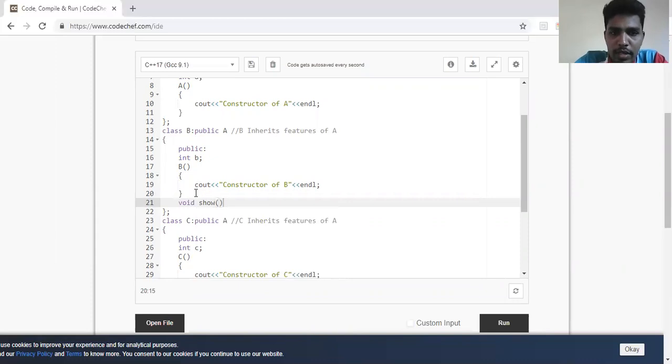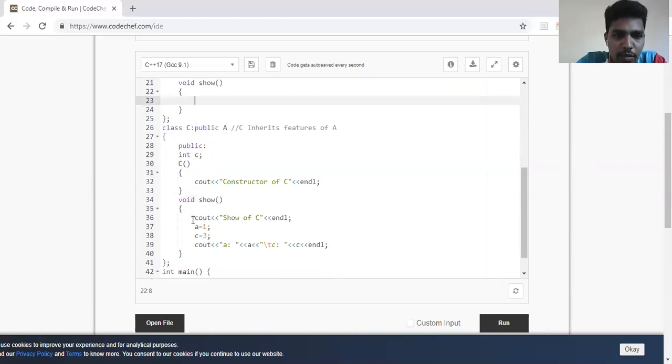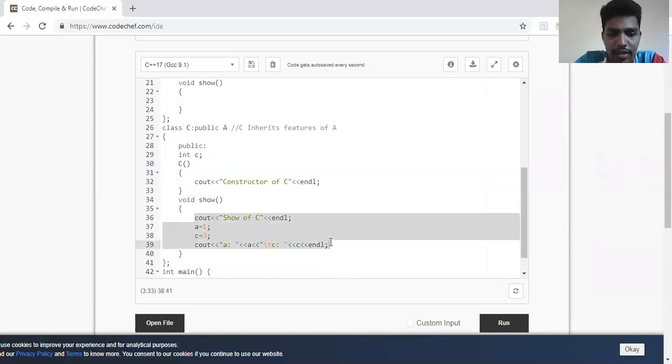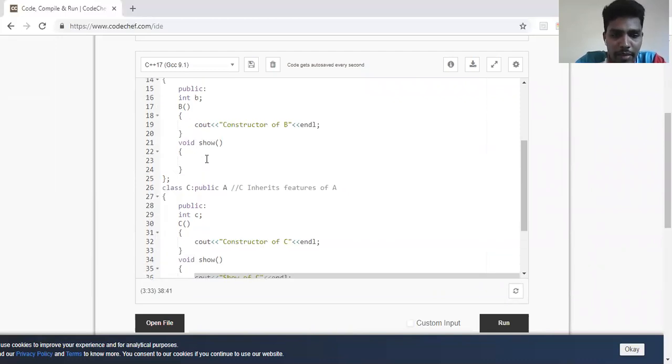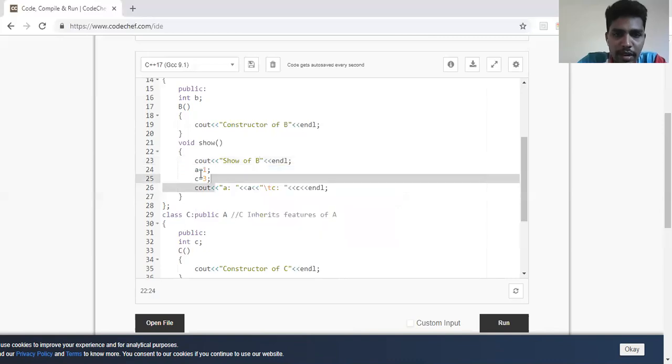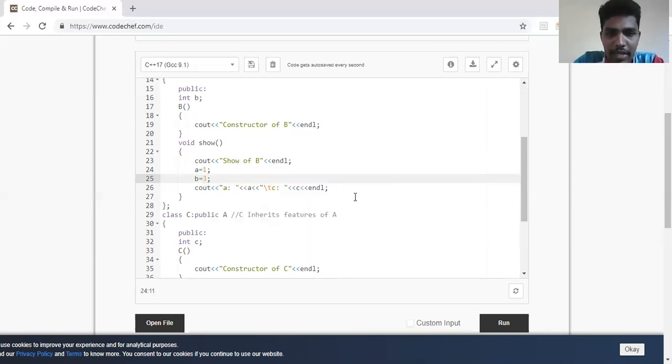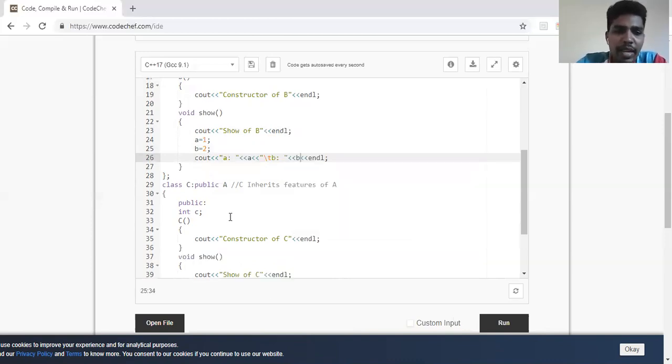So what will we do in show of B is we'll do the same concept of what we did in C. We're trying to access both A and B. So we'll write cout show of B, and then we'll print A and B. B is equal to 2 we'll give, so that the difference in values will make us understand the output clearly. I cannot print C here because B does not inherit C. B only inherits A.